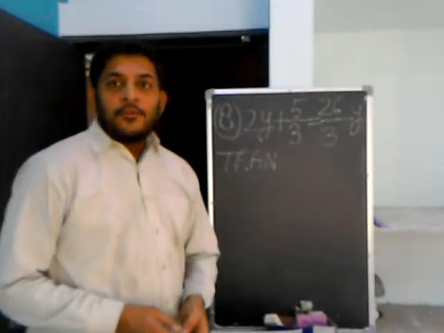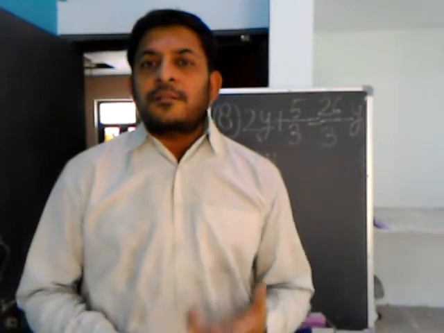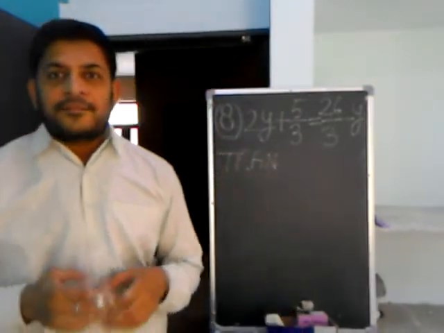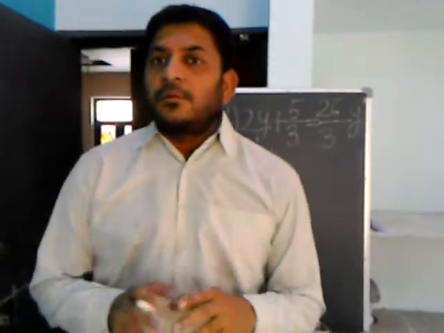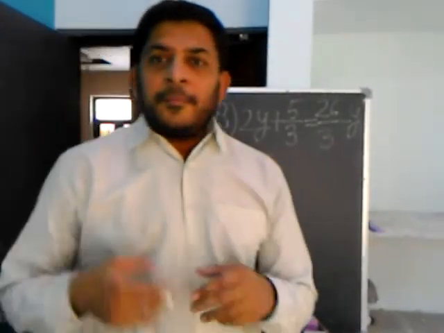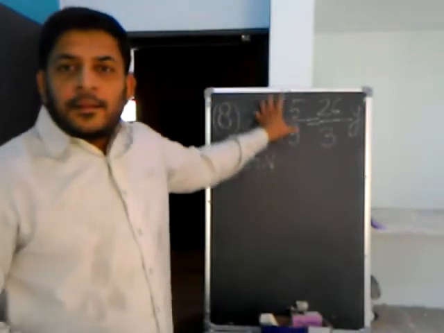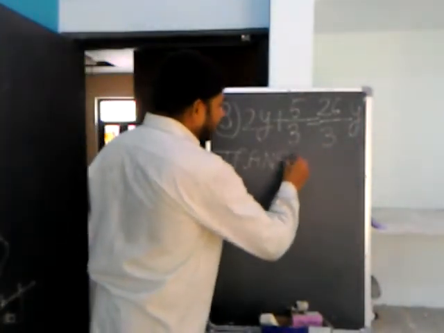Otherwise, your marks can be deducted on the simple basis that you have not written or you skipped some step. But that doesn't mean that you will be multiplying and dividing here also. No. Simple multiplication and division can be done on the rough page, but this should be done as fair. So I have to write transposition,